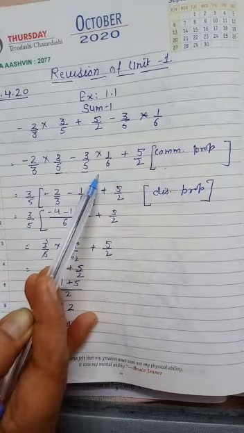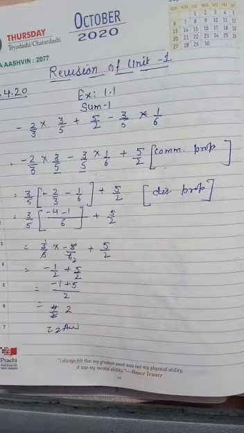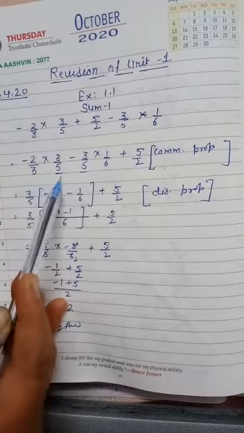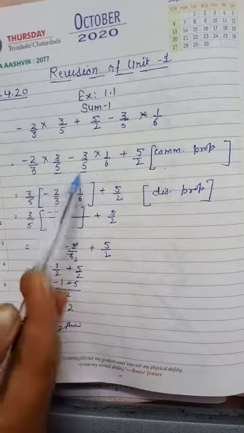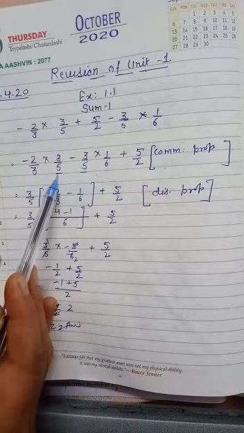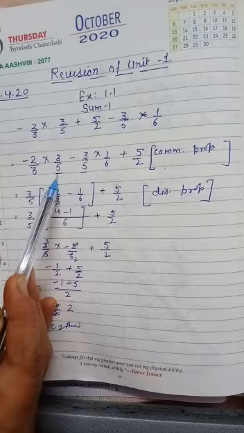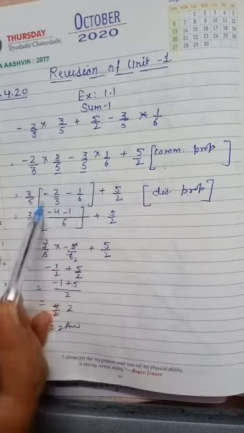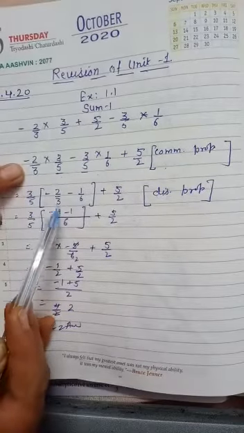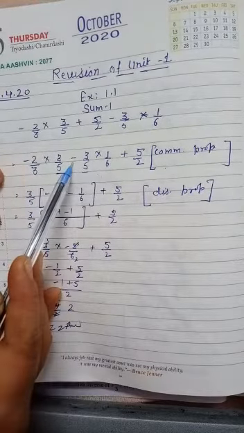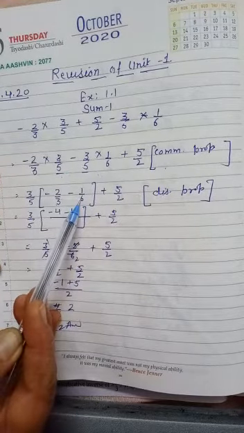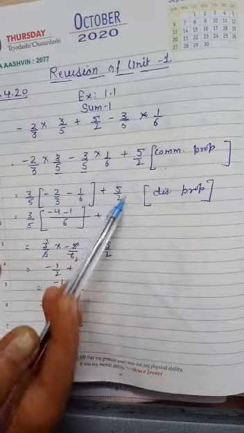In the distributive property, what we do is take out whatever is common. Here see, 3/5 here and 3/5 here, so we take 3/5 as common. Now as we have taken 3/5 common outside, whatever is left we keep inside the bracket. So −2/3 from the first term, and minus, because the sign is minus here, 1/6 from the second term, left inside the bracket, plus the last term as it is.